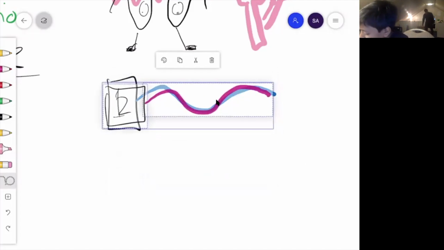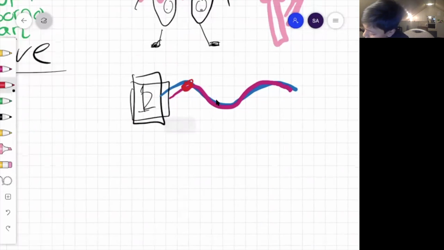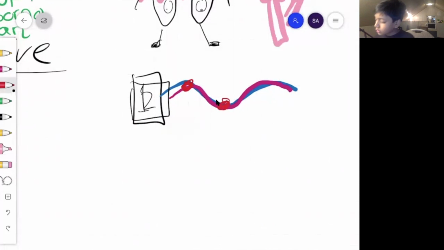So yeah, you can see that they meet at every single point. And you can see that really the crests meet up together and the troughs meet up together. So you can see that they're completely in sync.